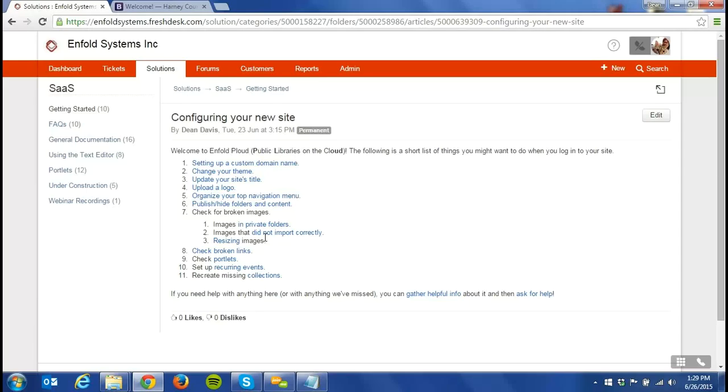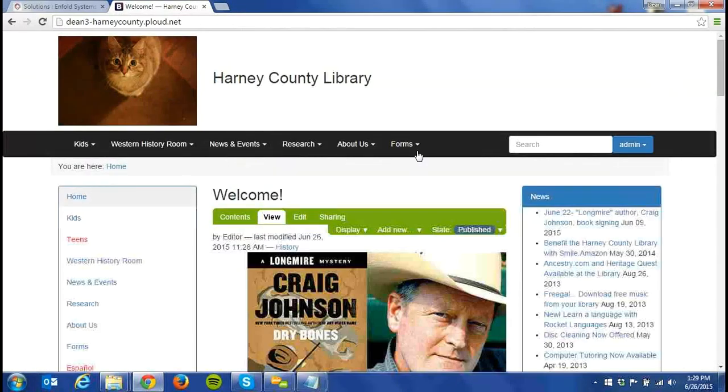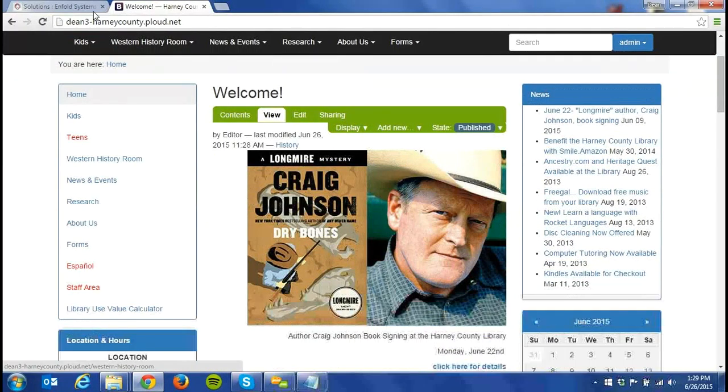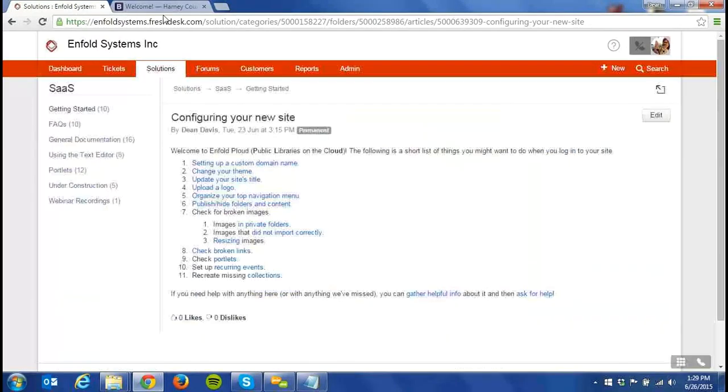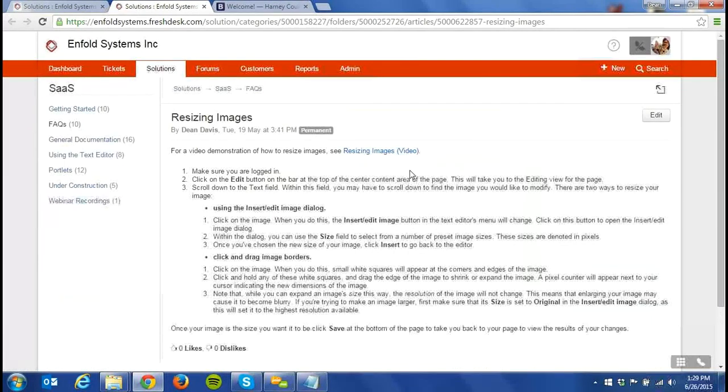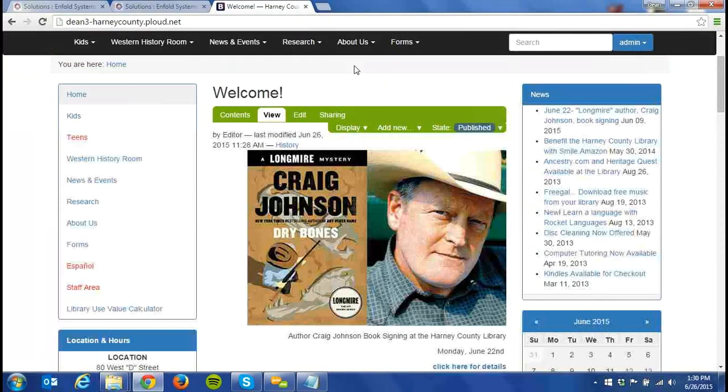And then the next thing you may want to do: some images, even though they're showing up correctly, are bigger than you want them to be. If an image is too large, it can run behind the portlets on the right side of your page, and that doesn't look good. So the way we can resize an image is you go back to your edit menu again,